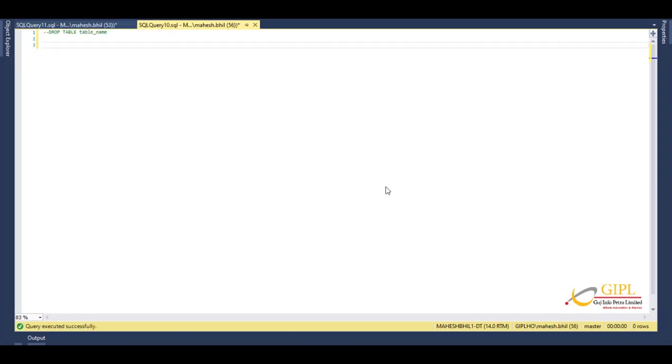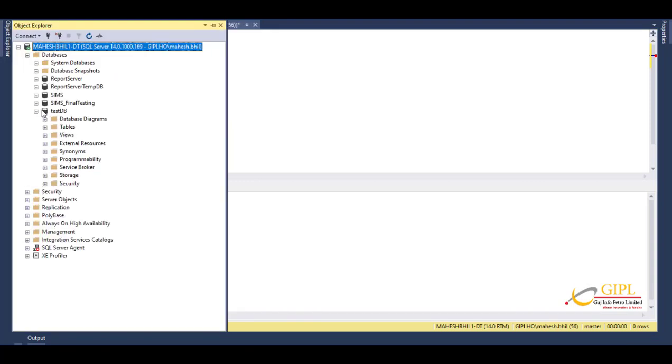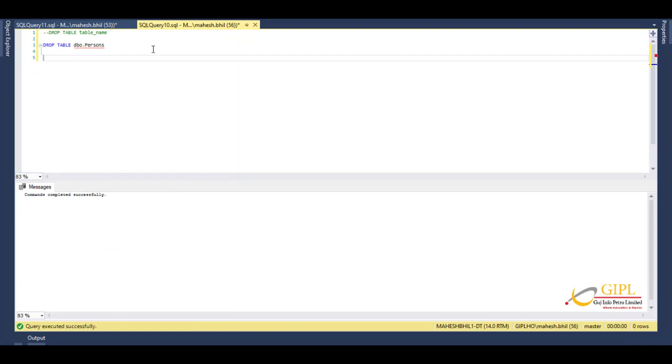So now let's also see the SQL drop table statement, which is used to drop an existing table in a database. The syntax goes as follows: drop table, table name. For example, drop table person. So now my table has been deleted. Again, be careful before dropping a table. Deleting a table will result in loss of the complete information stored in the table.